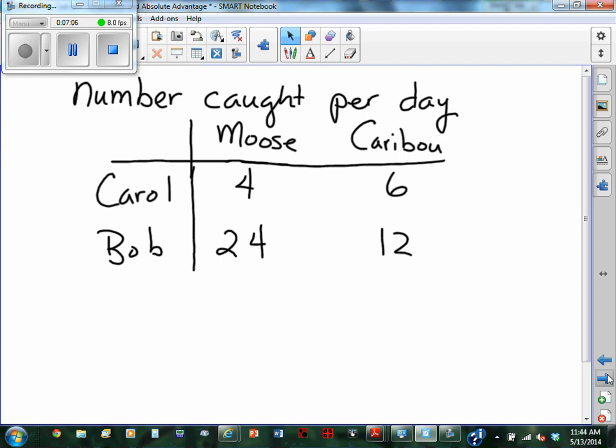We've got Bob and Carol. And Bob and Carol are going hunting for moose and caribou. They have 1 day to go hunting. And if Carol goes moose hunting, she's going to catch 4 moose in that day. She does nothing but hunt for moose. She'll catch 4 moose in a day. Or she could hunt for caribou, and she would catch 6 caribou in the day. Bob, on the other hand, must be a master hunter, because Bob could catch 24 moose or harvest 12 caribou,